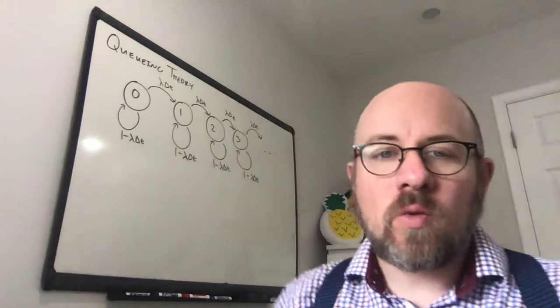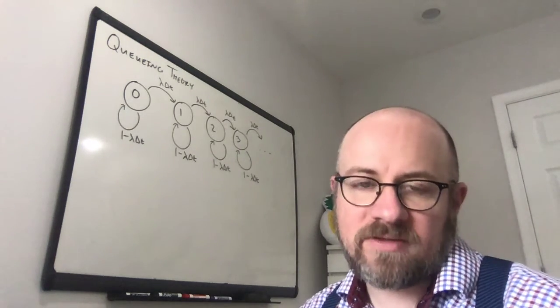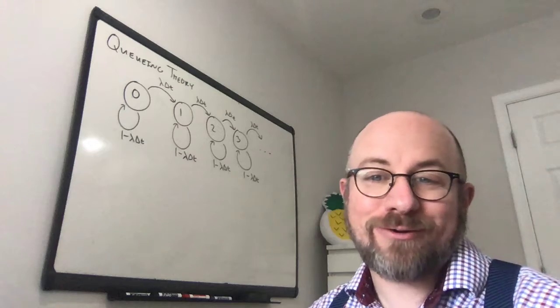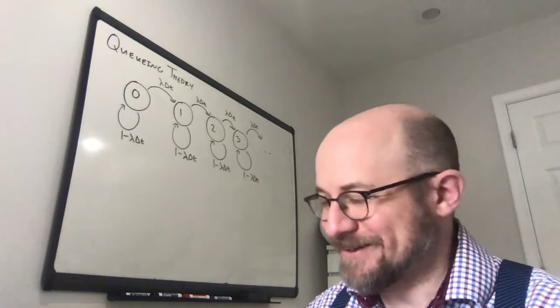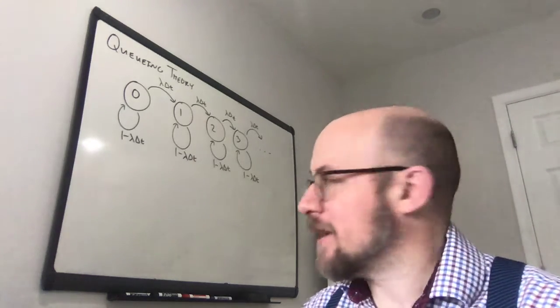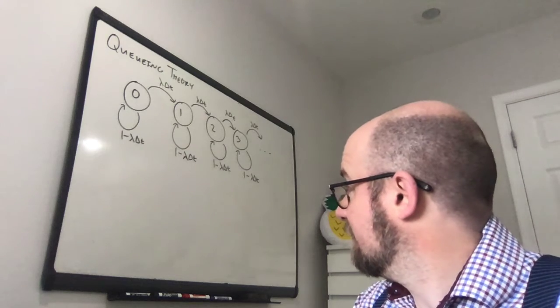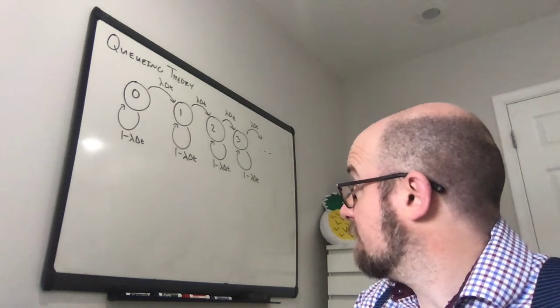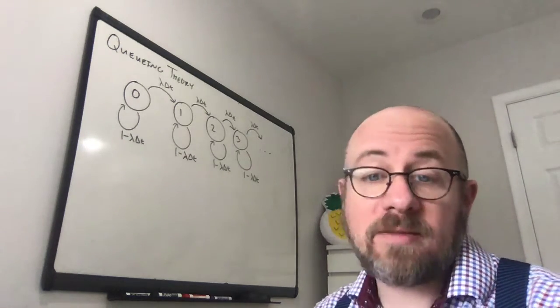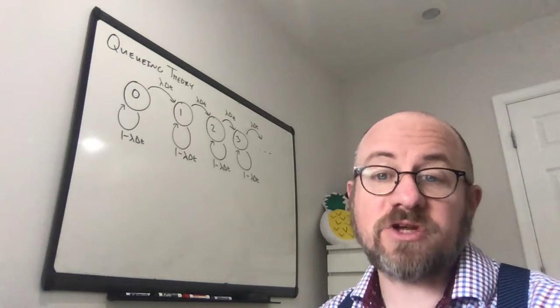In this video, we're going to take our model from last time. So this is a queue where people arrive, but they never leave. It's a little kind of Hotel California, if you know the song. So we're going to add in the possibility that people are actually served, in which case they leave the